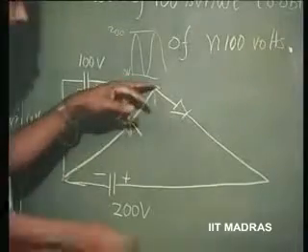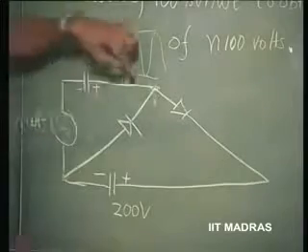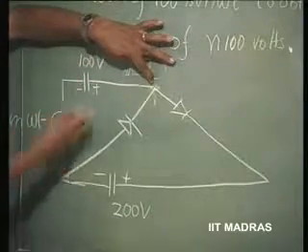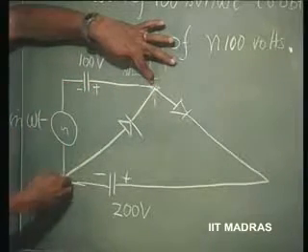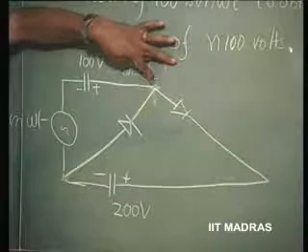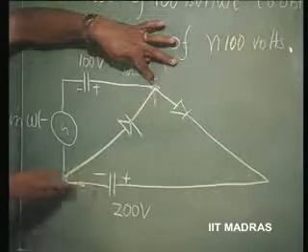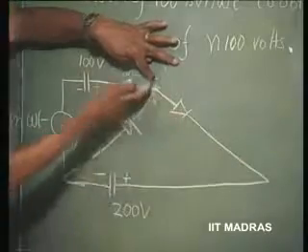Now, between this and this, again we have this 100 volts, the capacitor is charged. Please trace this part: 100 volts, then this 100 sin omega t is there, then you have 200 volts. So, again we have 100 plus 100 sin omega t coming into picture, but in the other direction, 100 volts is in this direction plus 100 sin omega t, this being positive and this being negative.